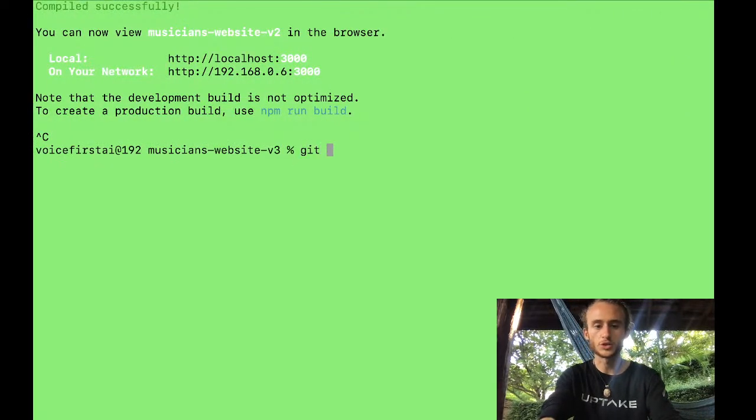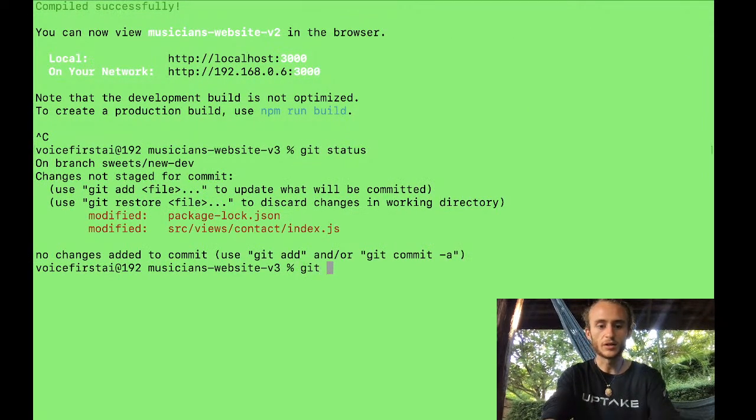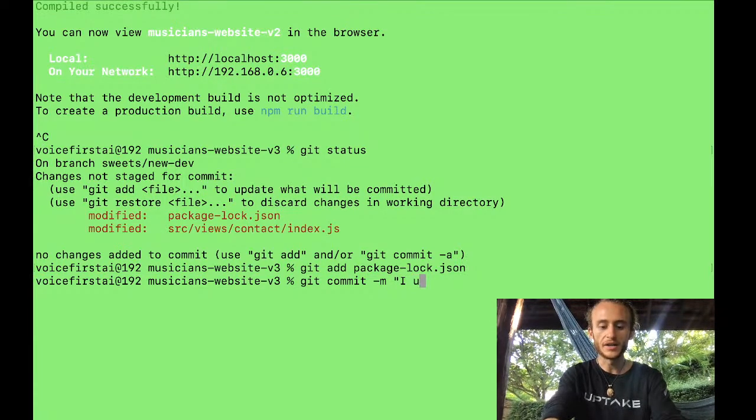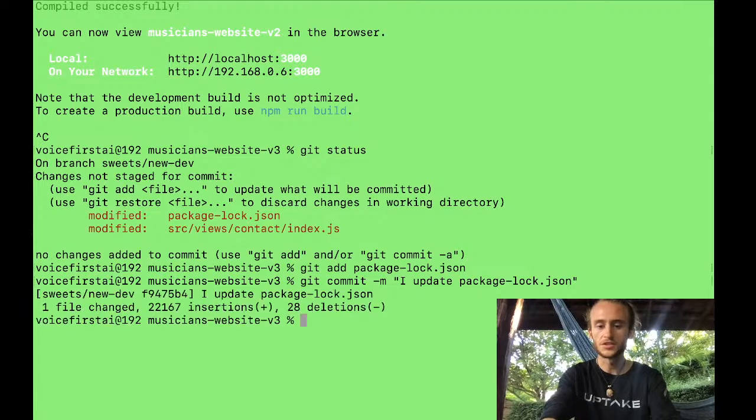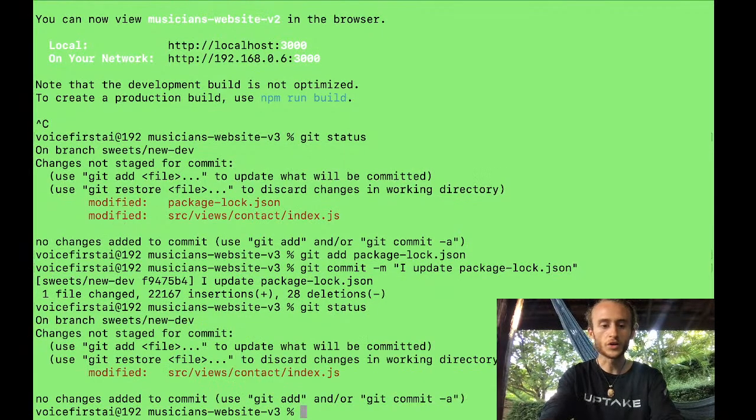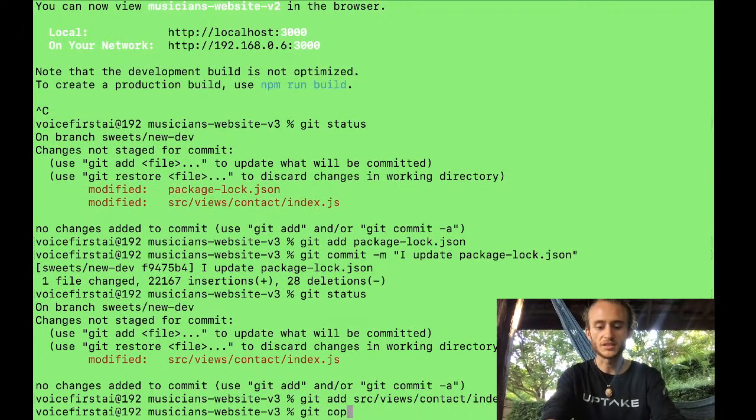We'll crash the server. Let's run git status. And now let's git add. We'll add our package-lock.json, and we'll commit this. I update package-lock.json. Simple commit message. More commit messages is better in my opinion. Git add src views contact index.js, git commit -m, I update contact page message